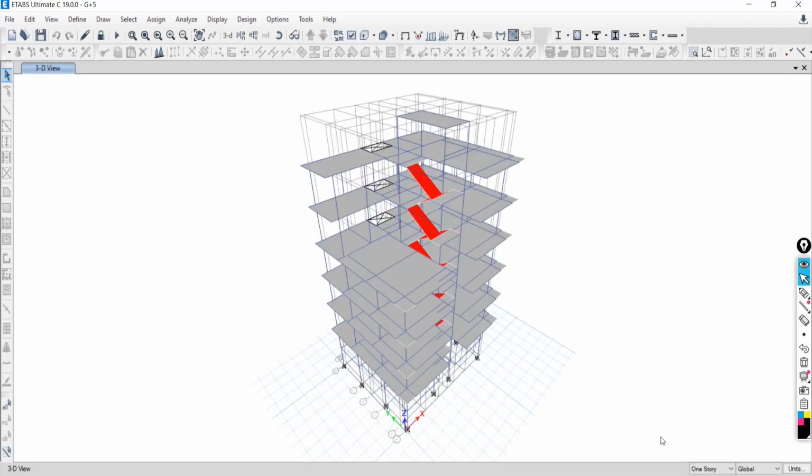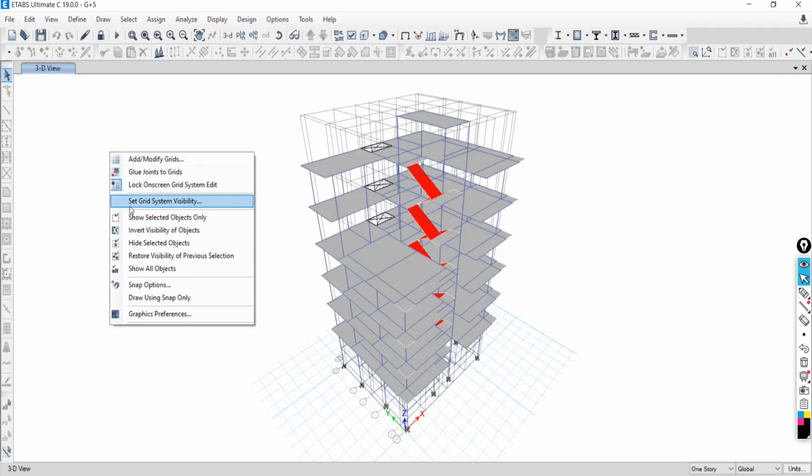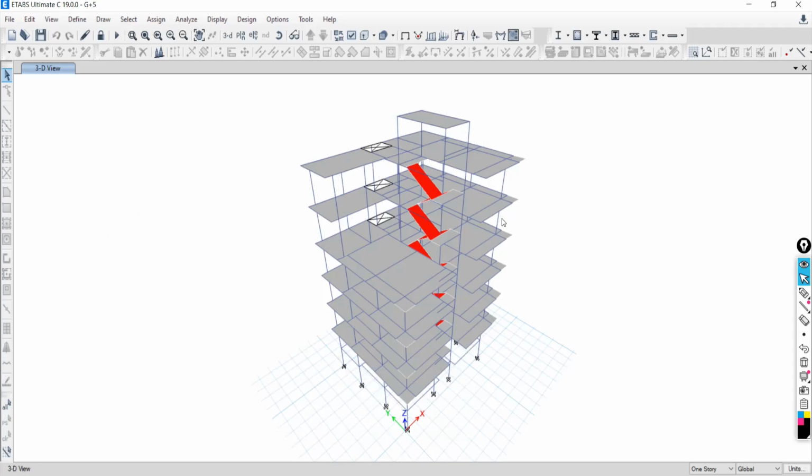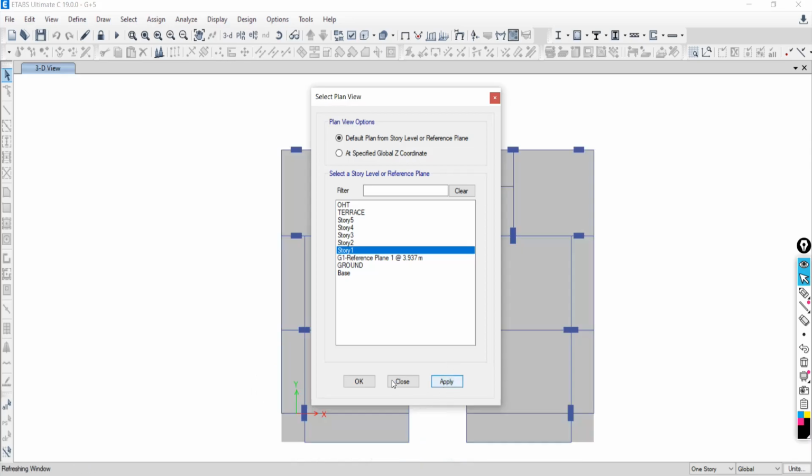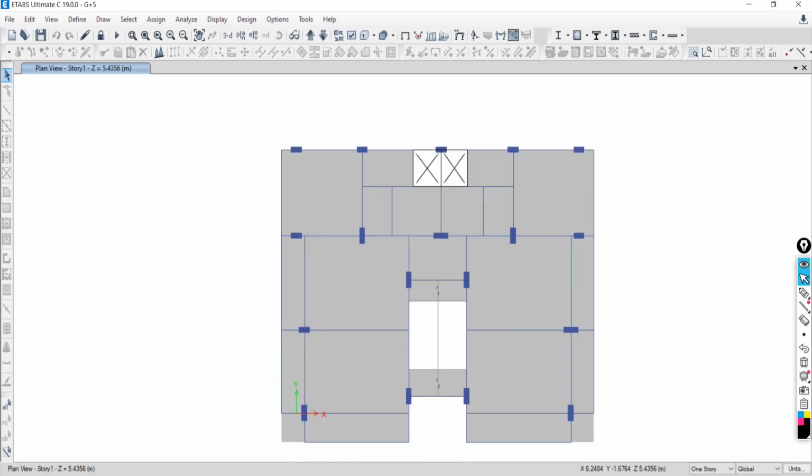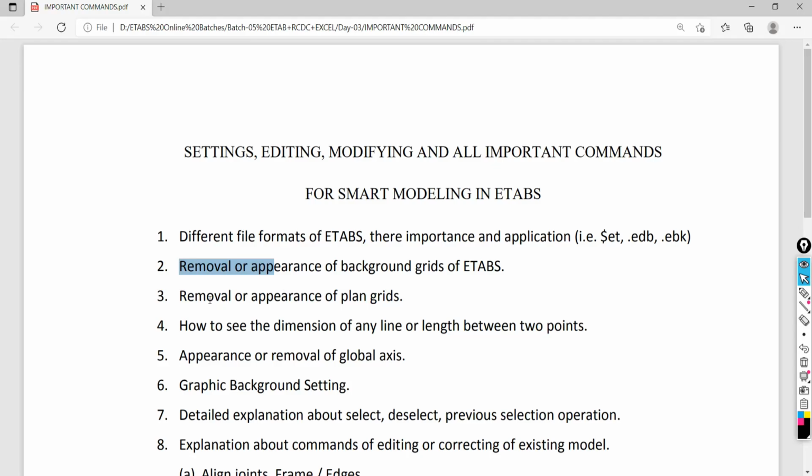Is it visible to all of you? Yes, sir. Okay, go to Plan, any floor level.